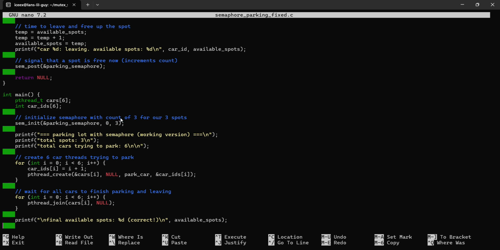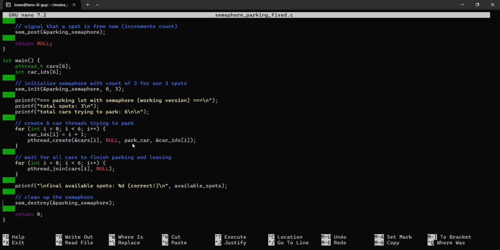And then in our parked car function, we have 4 cars that can park. It has a sem_wait, and this basically just checks how many spots are available, and if the count's 0, then all the spots are full and they just keep waiting. So the thread blocks there. And then once we get through the wait, it has permission to park. And then the car parks, waits for 2 seconds, and when it's time to leave, it calls the sem_post,